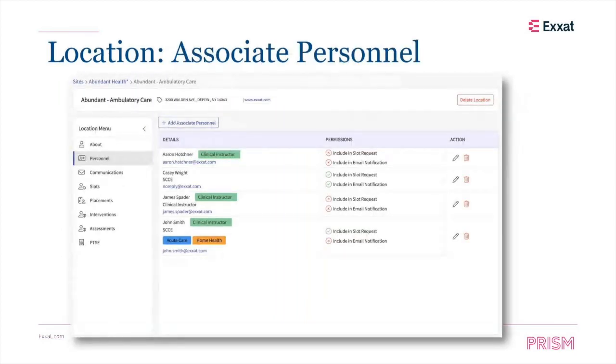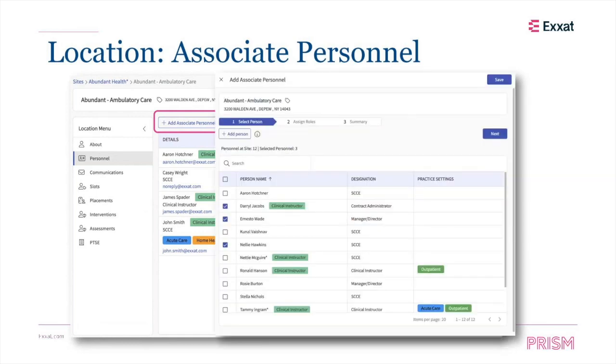How do we associate a personnel to a location? So we have till now completed about a particular location. Now we will go through how we associate a personnel. When we click on the personnel tab, you will see an add associate personnel on the top. A drawer will appear where you can see the list of personnel who are already mapped with that site. If the personnel is not there, you can click on add a person and mention all the mandatory fields